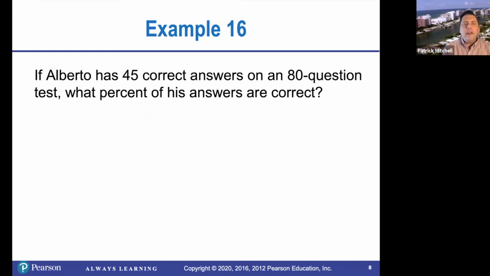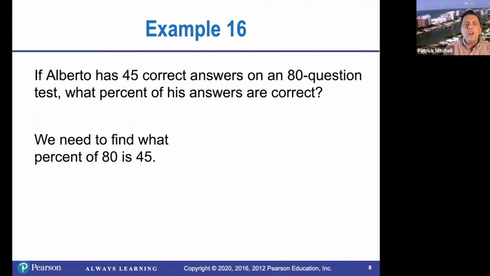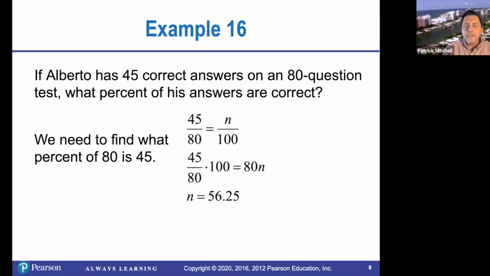Next example, if Alberto has 45 correct answers on an 80 question test, what percent of his answers are correct? So we need to find what percent of 80 is 45. So they've set this up as a proportion, which is one common way of solving percent problems. 45 is to 80 as the unknown percentage is to 100. And if we solve this equation for n,